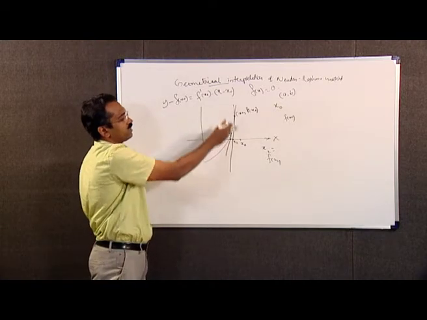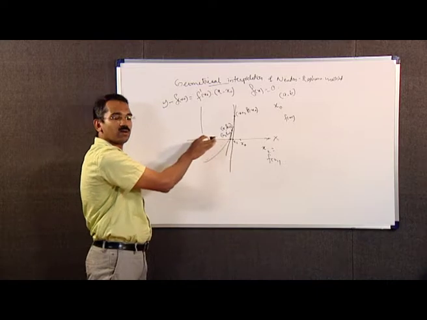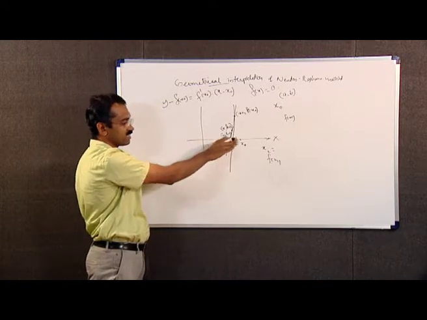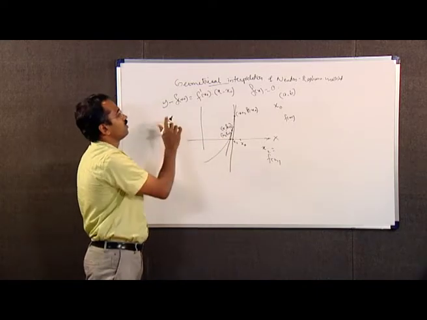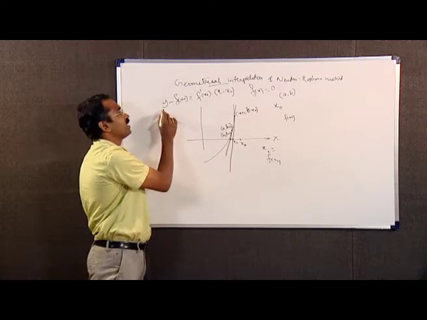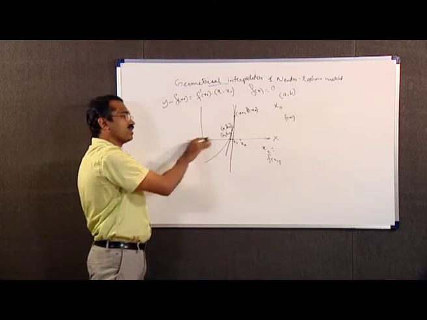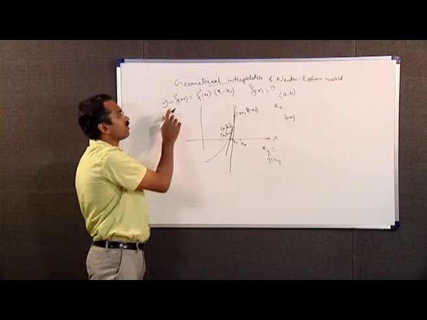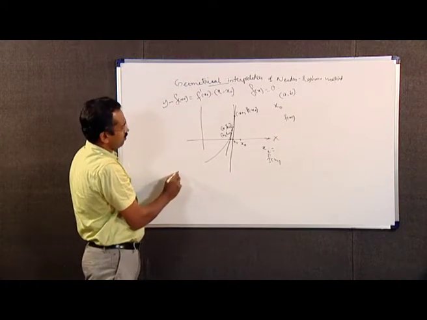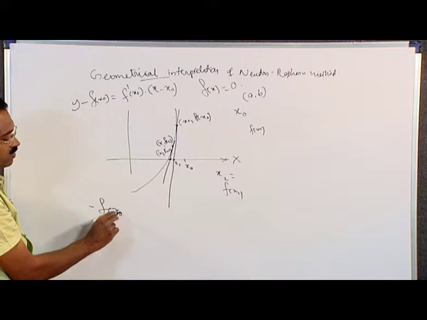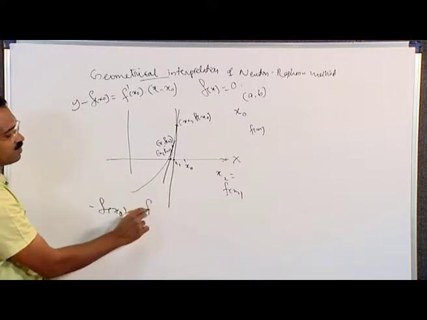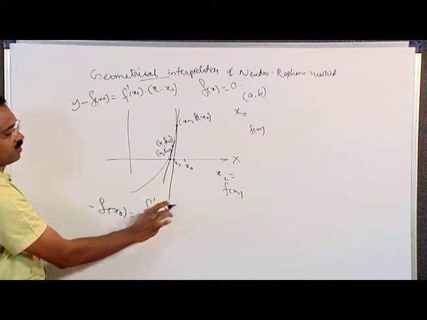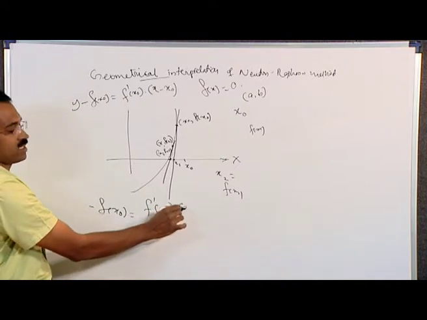Since the tangent meets the x axis, on the x axis y equal to 0, we will get minus f of x naught is equal to f dash of x naught into x minus x naught,